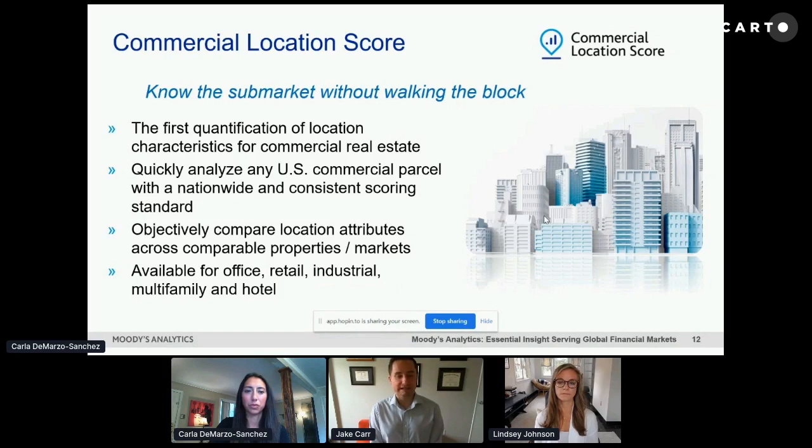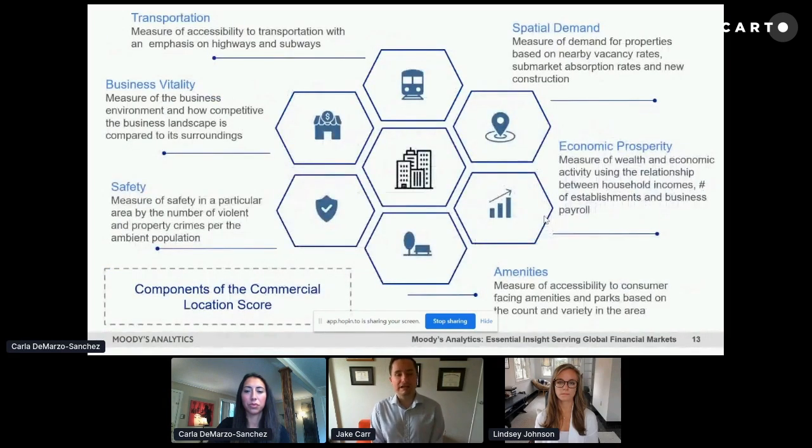And if we go to the next slide, we can get a little bit more into the technical details. Again, the modeling framework for CLS is probably best described as an ensemble of individual spatial models built atop a mountain of really precise and granular spatial data. The idea was to identify the specific locational characteristics that help us differentiate one place from another in terms of its viability or desirability.